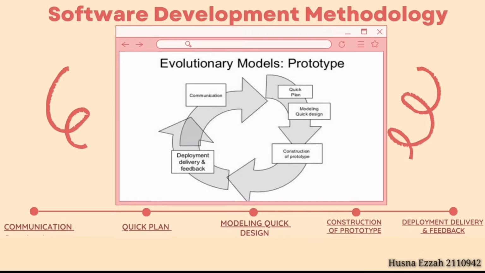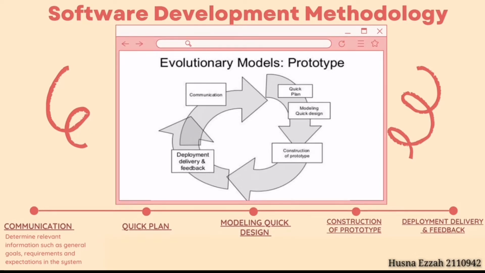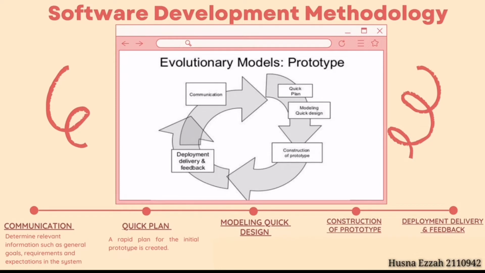During this phase, a meeting is conducted between the customer and software development team to discuss and determine relevant information, such as general goals, requirements, and expectations in the cat hotel booking system that relates to SDG 15, life on land. The next phase is quick plan, where a rapid plan for the initial prototype is created based on what we've received during the communication phase.